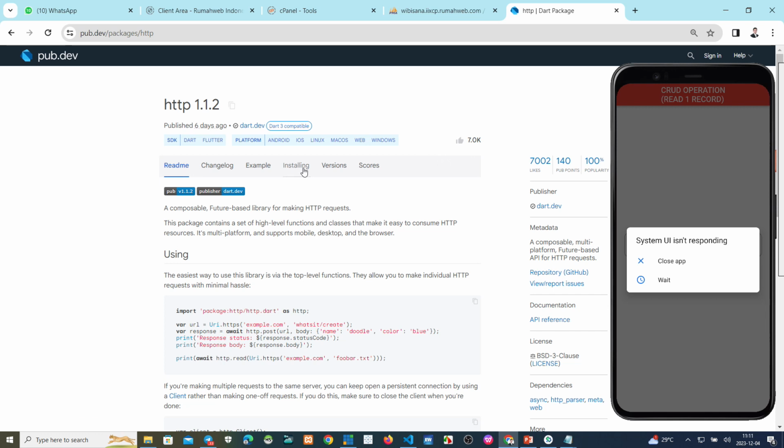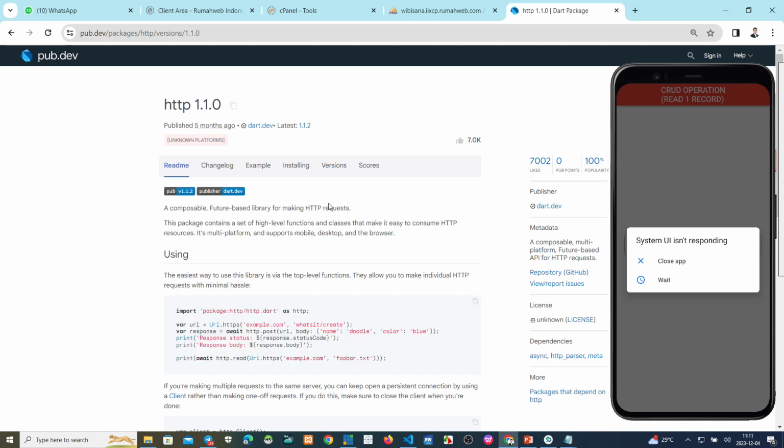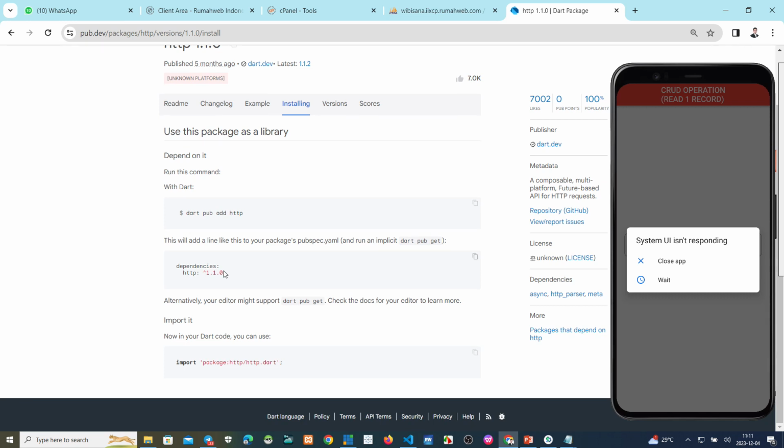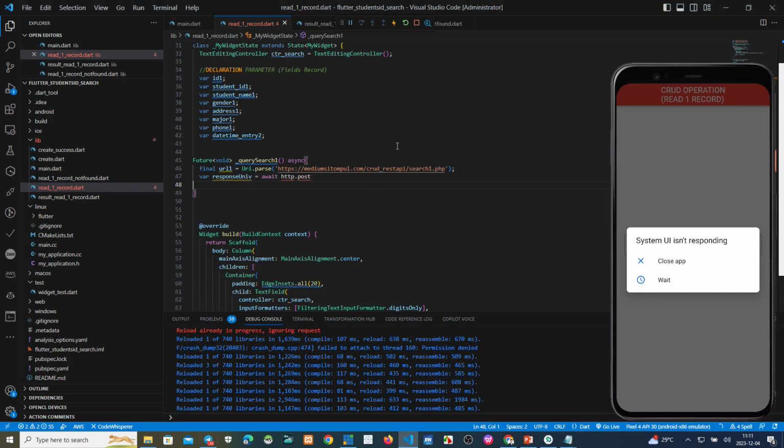Now we use this version, and then how to install this. Copy this to the dependencies, and also copy this to your script. We have copied this to my script.